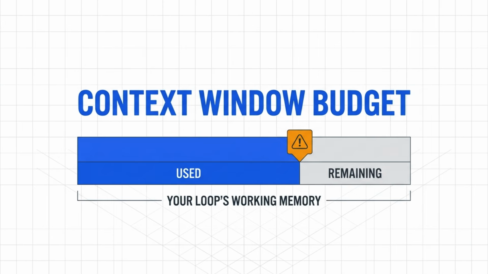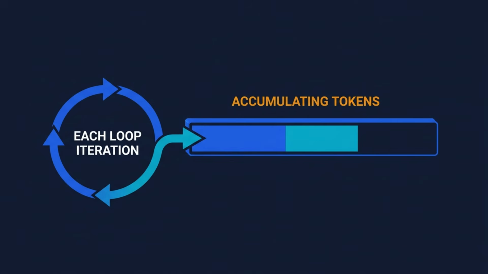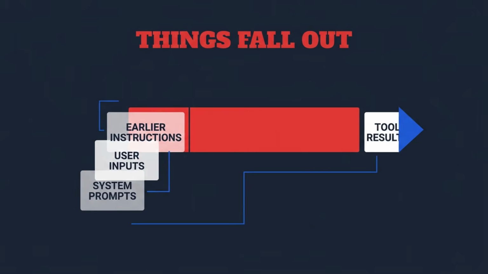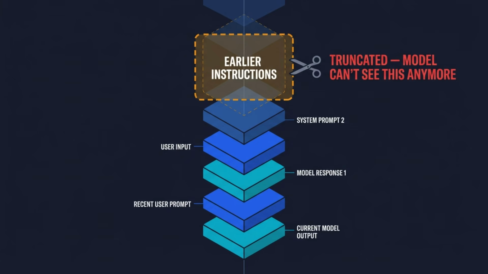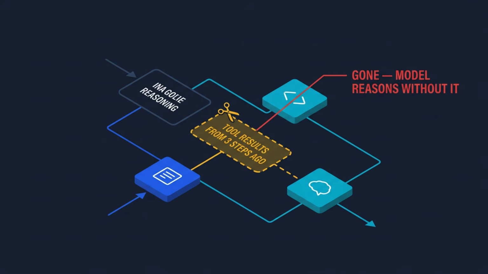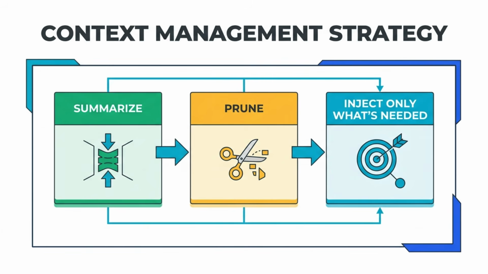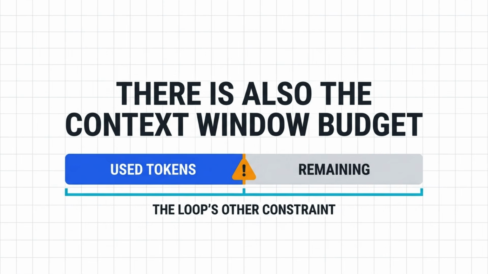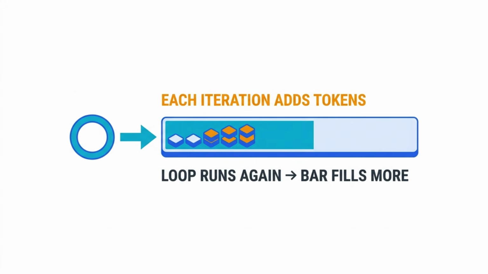Pydantic, the Python validation library, is your first line of defense here. If every model output is immediately validated against a typed schema before it touches any downstream logic, you catch the drift at the source, not after it has propagated. The rule is simple. No raw model string should ever pass directly into a tool call, a database write, or a downstream API without going through a typed validator first. But